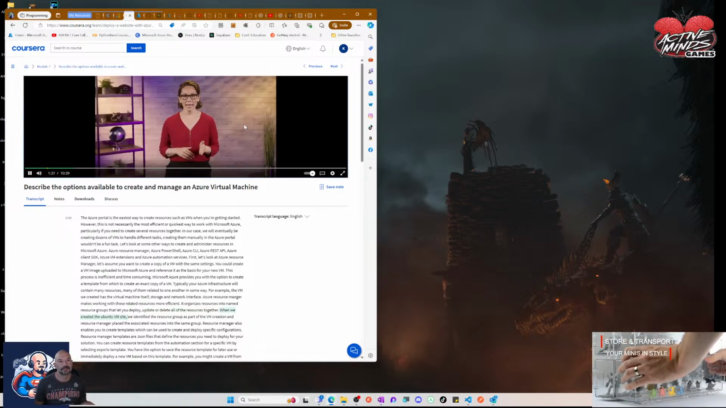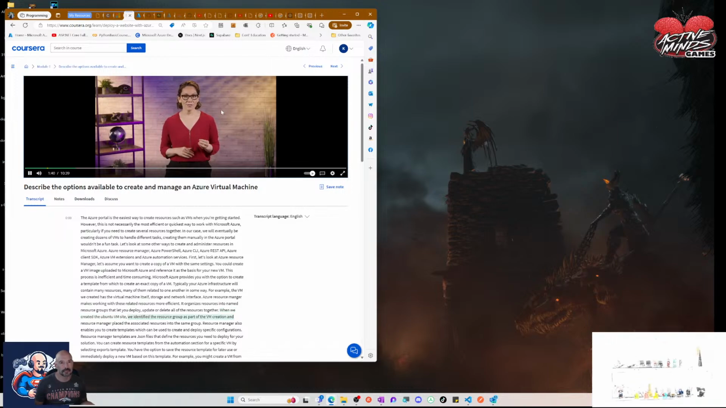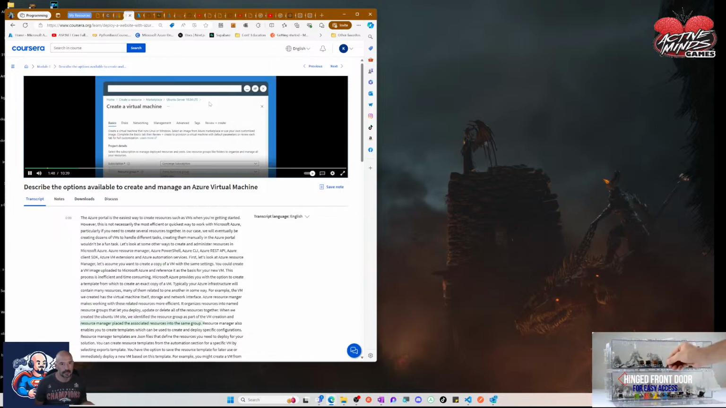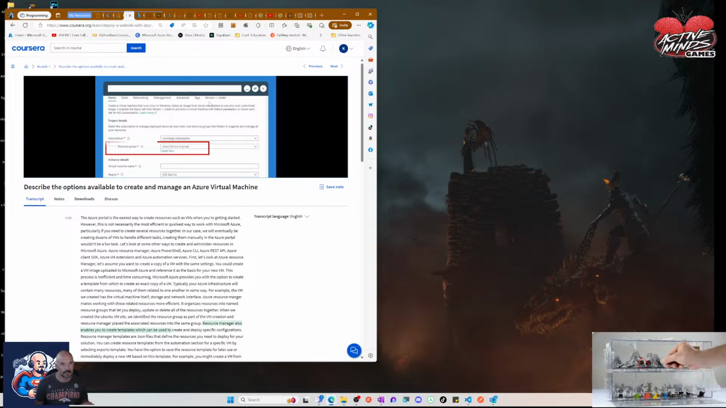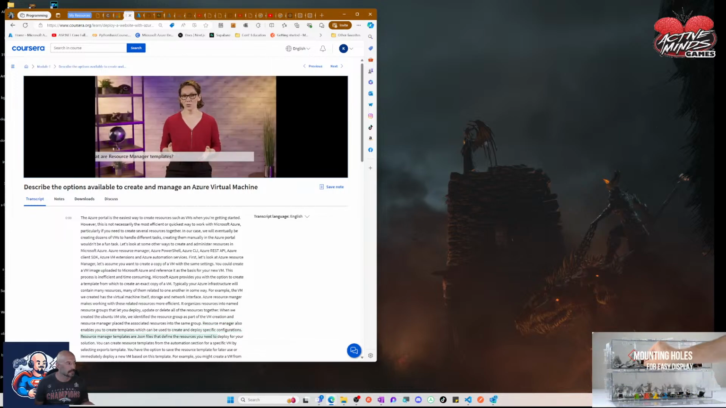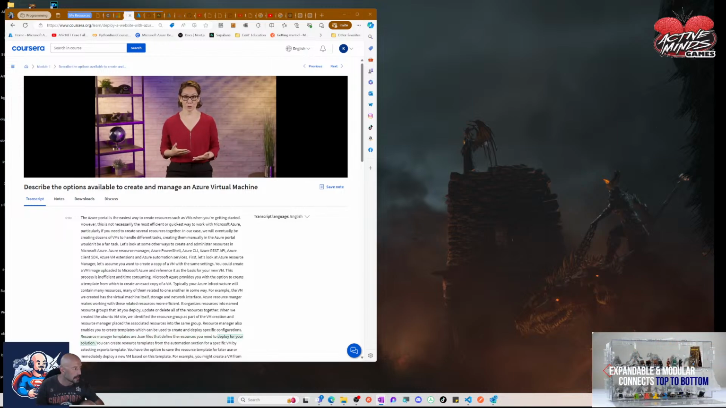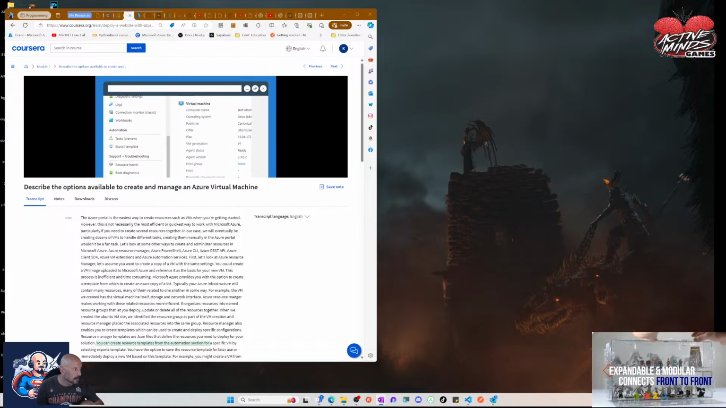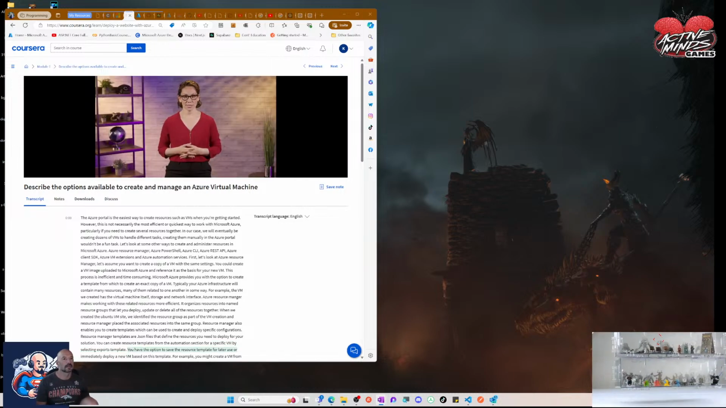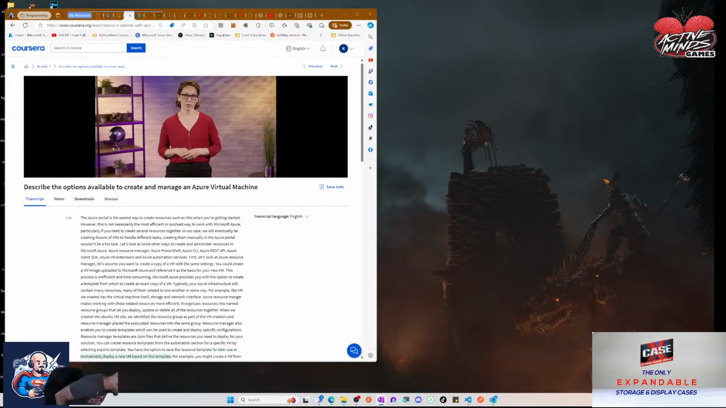Together. When we created an Ubuntu VM, we identified the resource group as part of the VM creation, and Resource Manager placed the associated resources into the same group. Resource Manager also enables you to create templates, which can be used to create and deploy specific configurations. Resource Manager templates are JSON files that define the resources you need to deploy for those groups. You can create resource templates from the automation section for a specific VM by selecting Export Template. You have the option to save the resource template for later use or immediately deploy a new VM based on